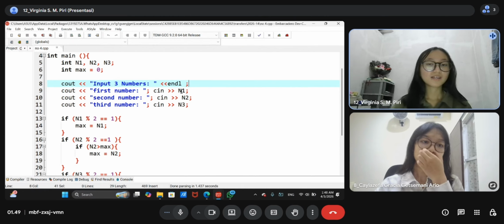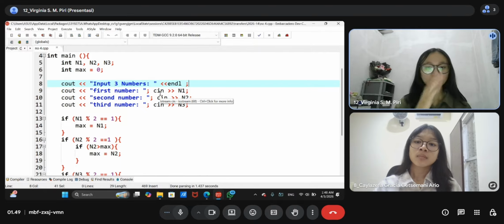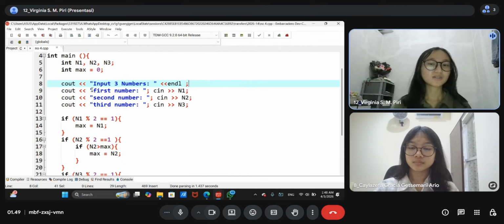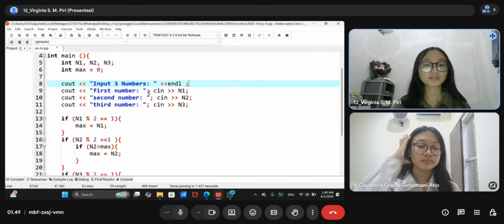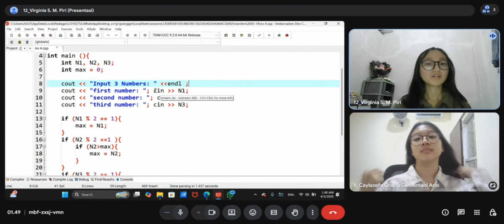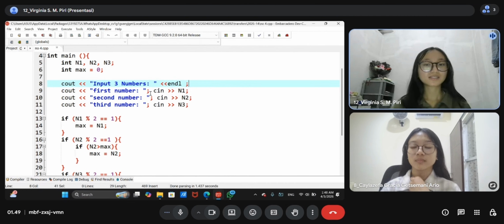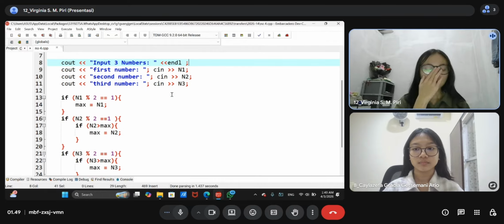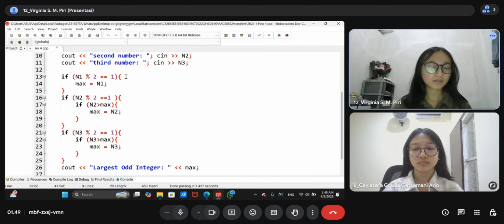So why is this in here? Before it was not in here. So we can write it like this also. We just have to write cout and then print this one, and then after that we close it with a semicolon. And if we don't want to write the cin below the cout, we can just write it beside the cout, and then we continue to the main program.